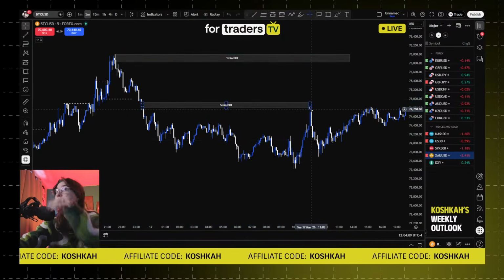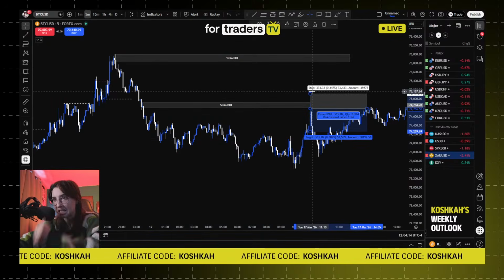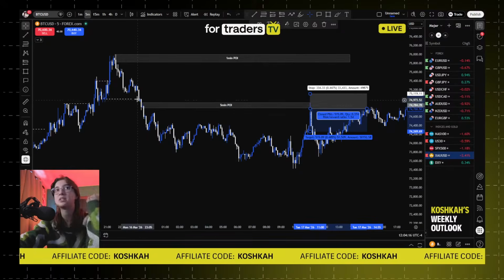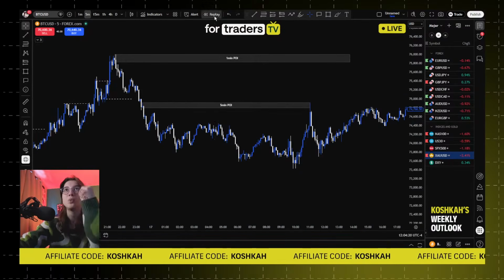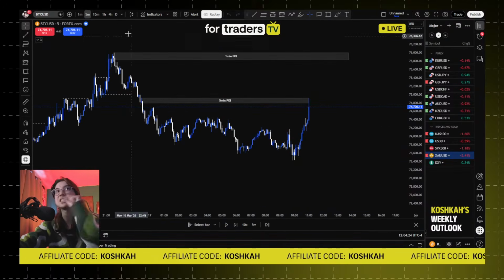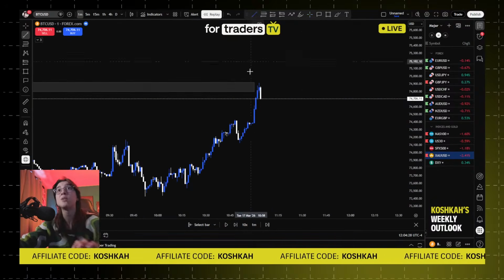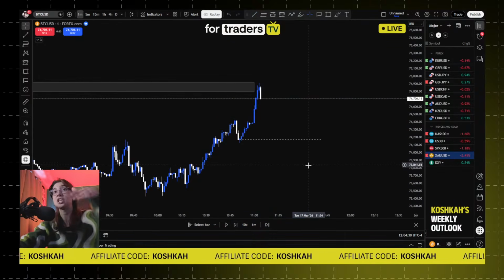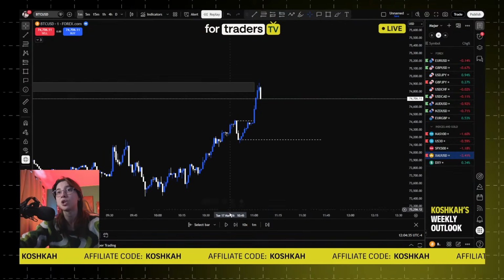So what do you do? You're not straight away entering right here. Like I was explaining, that doesn't make any sense because this might be a trap. This might be liquidity for the POI above. So you need to instead wait for a confirmation on the 1 minute. So when price mitigates this 5-minute POI, you need to go on the 1 minute and wait for a 1 minute break of structure to the downside / change of character to then look for an entry. So the last break of structure happened right here.